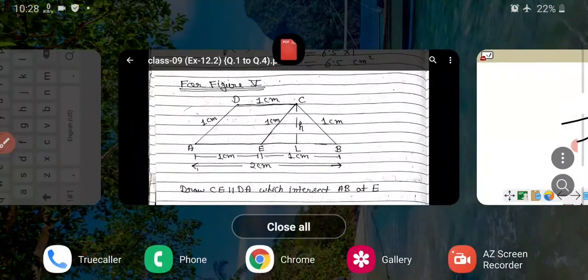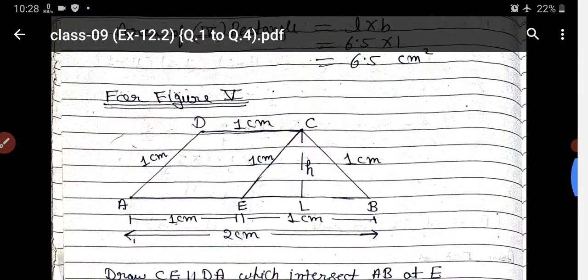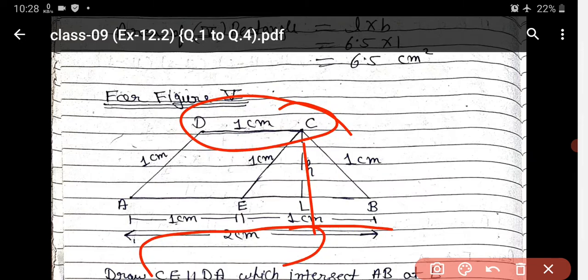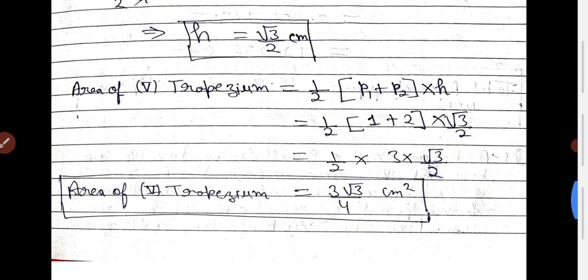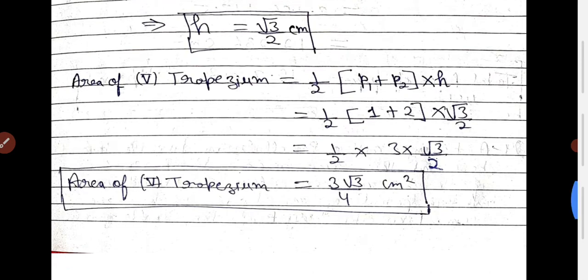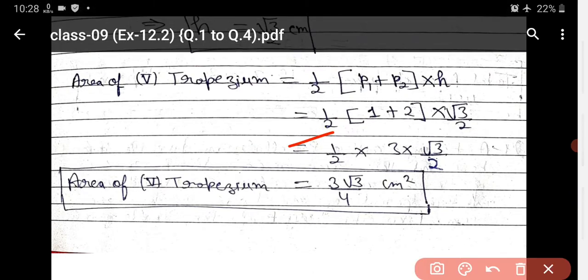So the same I am going to apply here. Just see here, what is the first side? That is 1, the second parallel side is 2, and the height you found out. What is the height? Height you will get here, under root 3 by 2. Now the area of the trapezium is half into P1 plus P2 into h. Half remains as it is. P1 value 1, P2 value 2, h is equal to under root 3 by 2. Now when you solve, 2 plus 1 becomes 3. So what is the answer? Answer becomes 3 under root 3 by 4. 2 twos we get 4. It is 3 under root 3 by 4 centimeter square.